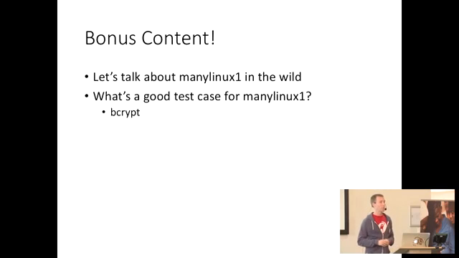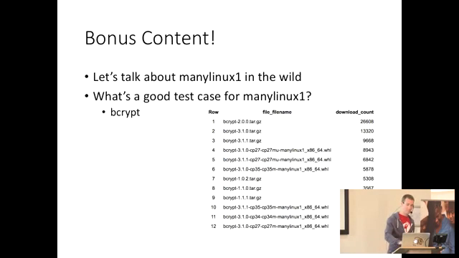So as a first pass, we chose to do bcrypt. Bcrypt is a small module without too many downloads. It's around 100 to 120,000. And it, of course, has the misfortune of being a project I control, and therefore I can do this. So I wrote a few scripts that allowed me, with the Mini Linux 1 Docker image, to build the wheels we needed, and we uploaded them. And I'm not sure how readable that is, but